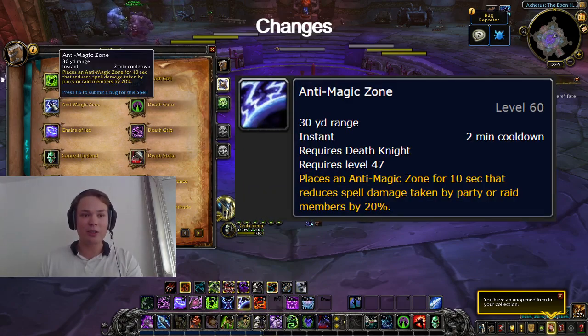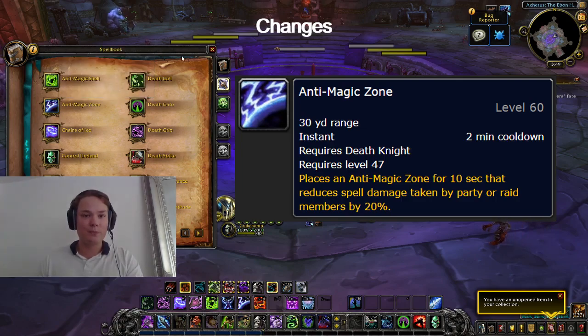Finally, Anti-Magic Zone used to be a PvP talent as well. This is now baseline, 20% DR to your raid or party for magical defense. This is insanely good, and is going to be the reason that a lot of Death Knights are brought as a kind of base thing. You need a Death Knight to gain that big damage reduction on magic damage. Alright,